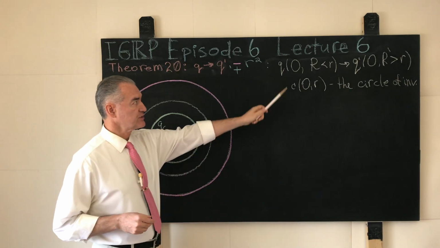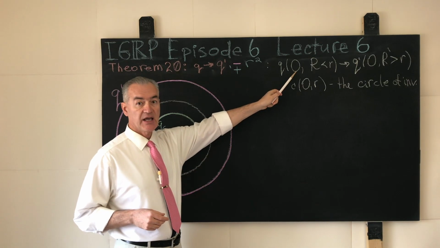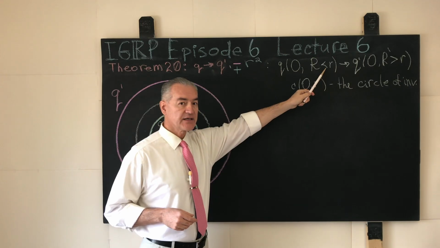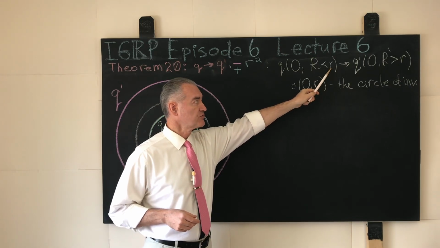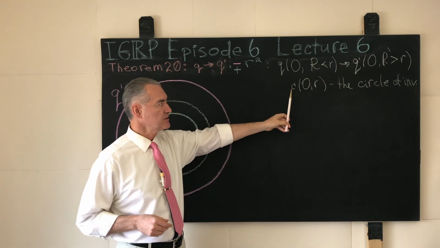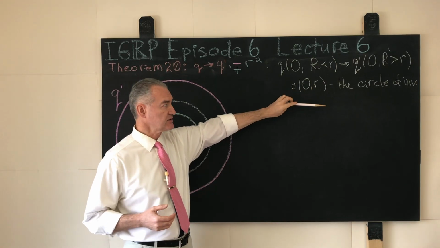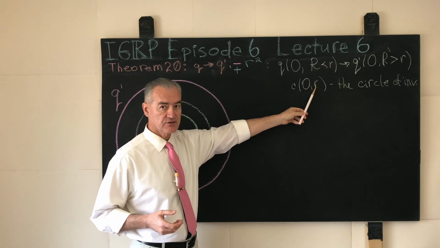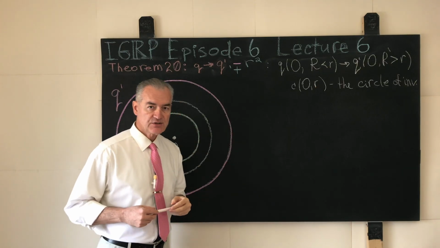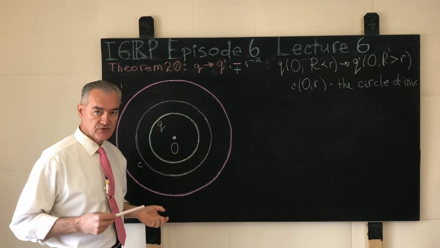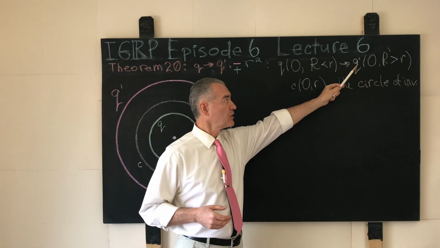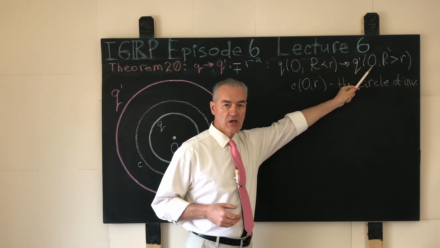In other words, if our sample circle Q has its center at the center of inversion, but its radius, uppercase R, is strictly smaller than the radius of inversion, lowercase r, if we agree that with the letter C we designate precisely the circle of inversion, where the point O is the center of inversion and r is the radius of inversion, then under these conditions, regardless of the power of inversion, positive or negative, such a circle will be taken into another circle, Q prime, that will also be concentric with the circle of inversion,